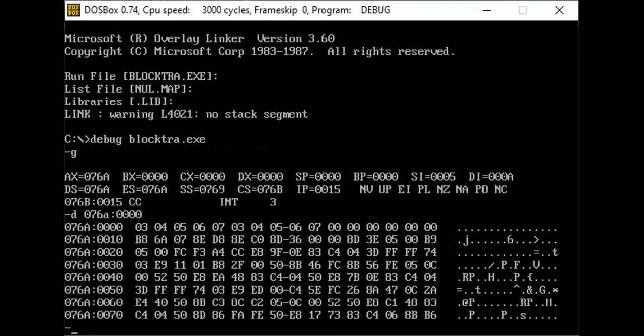And 076A signifies the starting address of the source block and the destination block. 3, 4, 5, 6, 7 are the data present in the source block, and another 3, 4, 5, 6, 7 in the destination block, which is initialized to the corresponding values of the source block using the move string byte instruction.